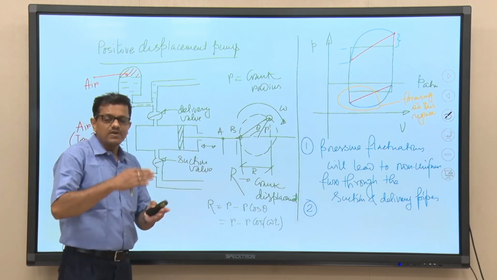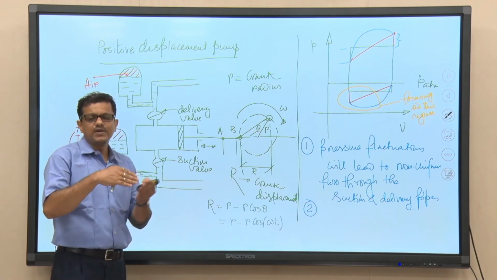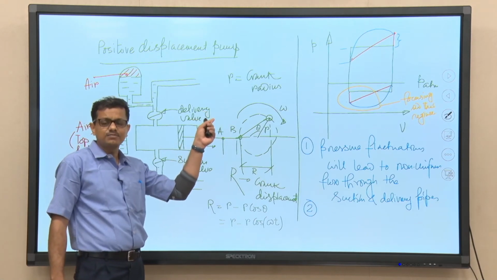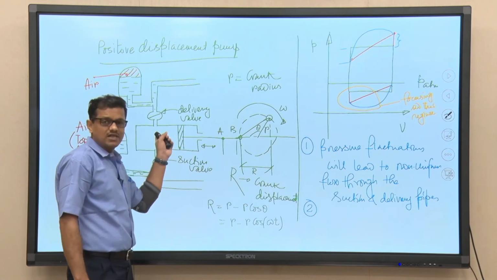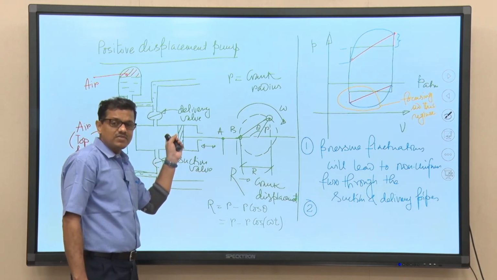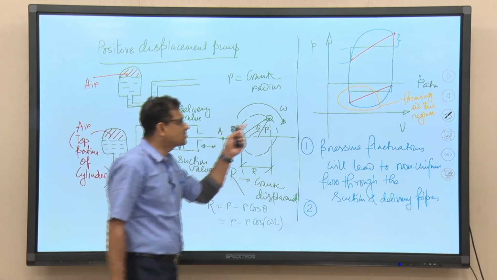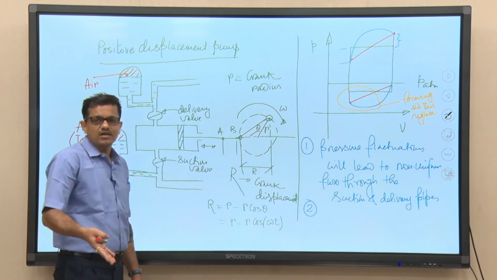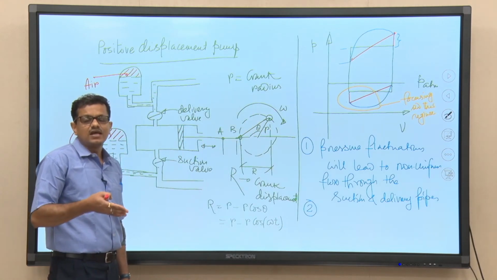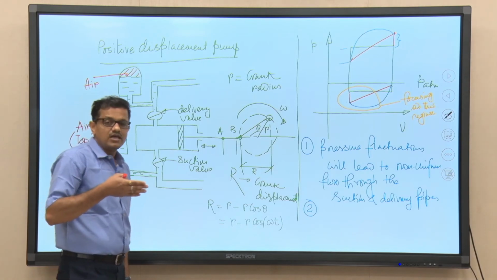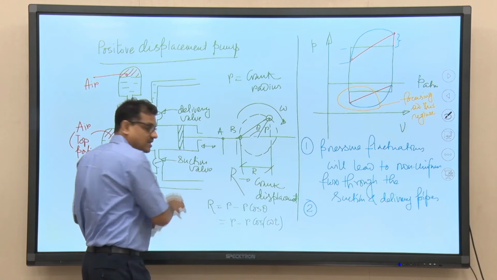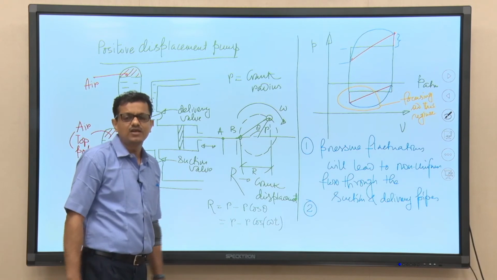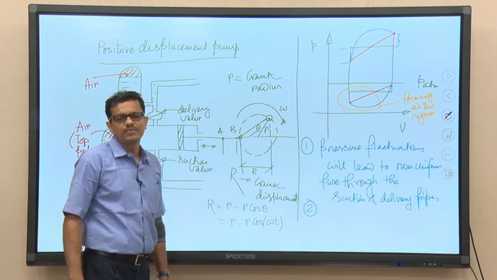So, to have sufficient flow rate depending on the requirement, we have to select the rotational speed of the crank, and if the pump runs at that speed, then there will be a pressure drop inside the cylinder. Now, the question is, if the pressure drop is very close to the vapor pressure of the liquid at that temperature, cavitation might occur. So, we should take preventive measures not to allow cavitation in the suction pipeline. At the same time, the pump should be operated at a reasonably higher rotational speed to ensure a substantial flow rate depending on the requirement.